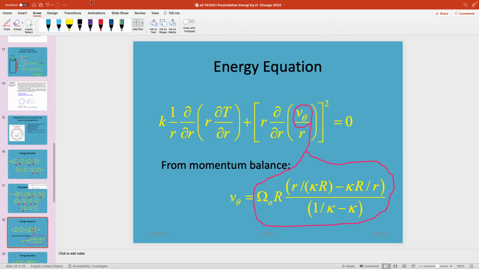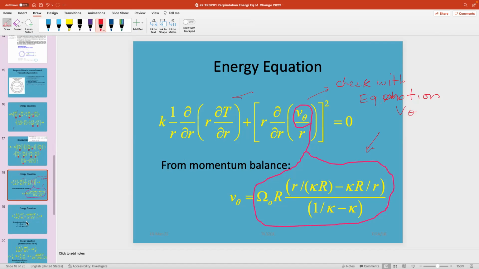If you remember, you have to check the equation of motion for phi theta, so you can get the correlation between phi theta and r. Then if we add all of them together,